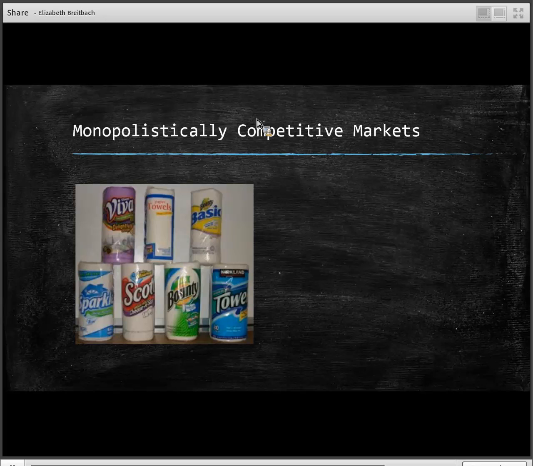Okay, and since companies want to differentiate their product, advertising is incredibly important to monopolistically competitive markets. What we don't see is that advertising isn't that important for perfectly competitive markets. In the market for milk, we don't often see many milk brands advertising, because one gallon of milk is very similar. A lot of customers don't differentiate between milk. However, with paper towels, we see many different commercials attempting to convince you that their paper towel brand is better than other paper towel brands.